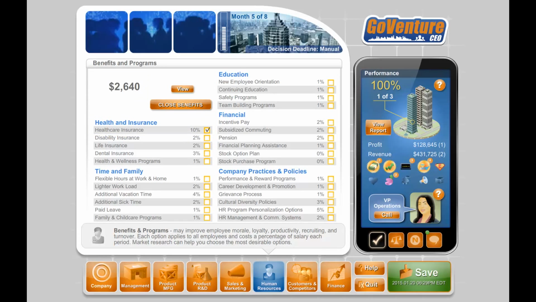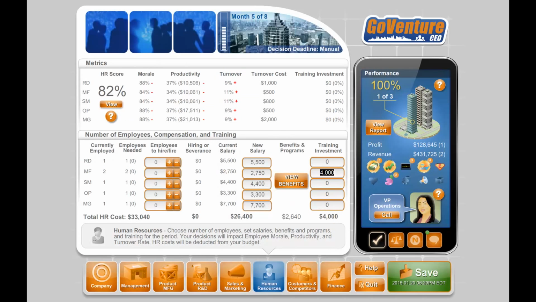You may not be able to afford to offer all benefits, so you may want to consider only offering the benefits that are most desirable to your employees. To discover this information, consider purchasing an HR survey report. It is important to note that your overall compensation package will be compared to the packages offered by your competitors. Businesses that offer the best compensation packages tend to retain their employees longer. But, it may cost more to do so.